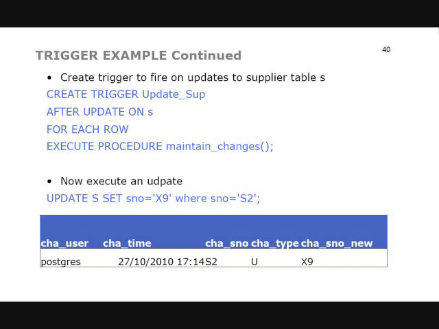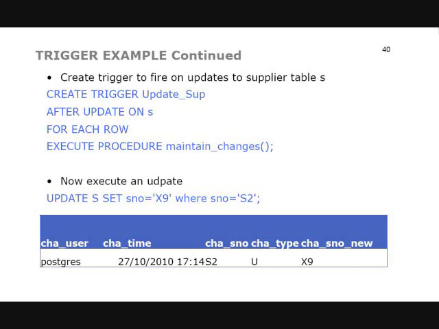So it's going to insert into that particular table. So I have to therefore create a function, which is a trigger function. And I'm going to call it maintain changes, and it's going to return a trigger. Because it's a trigger function, it has to return a trigger, otherwise it's not a trigger function. As